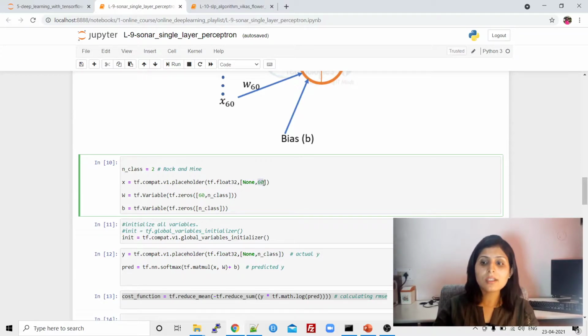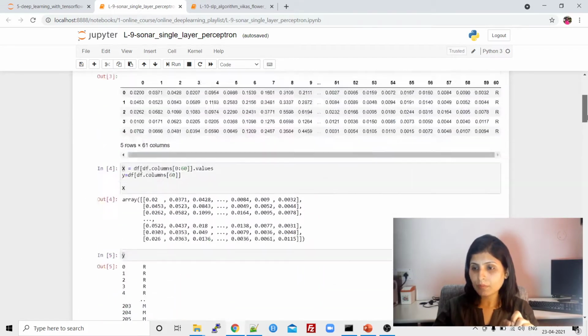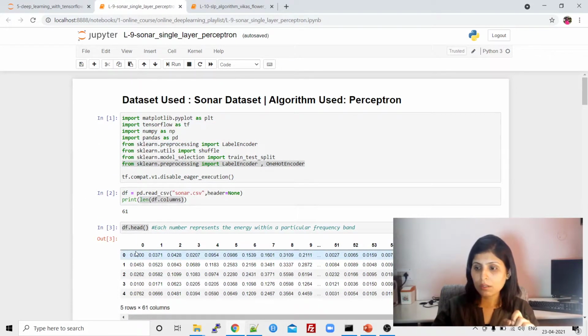And this 60 is important. You have to tell over here how many different inputs you have. How many different inputs do we have? 60 inputs, right? How do we have 60 inputs? Remember from here, 0 to 59 is 60.